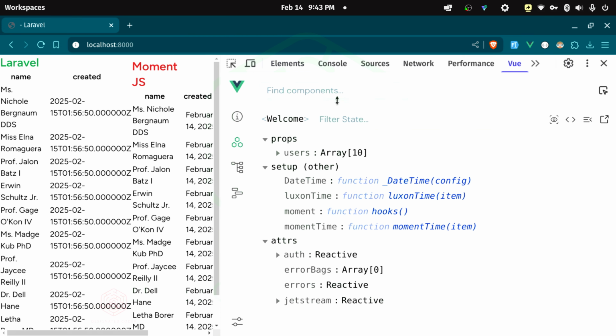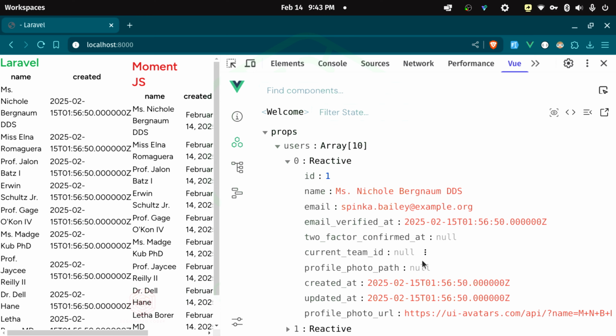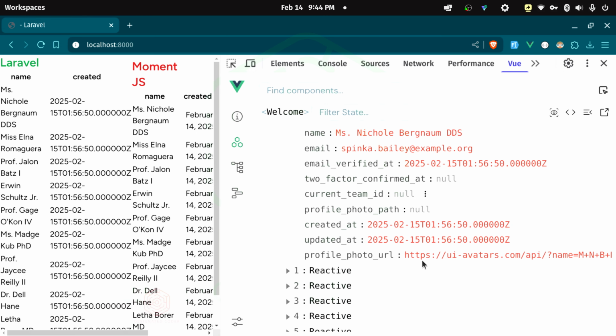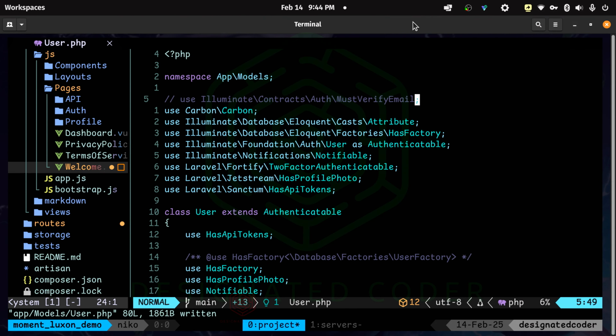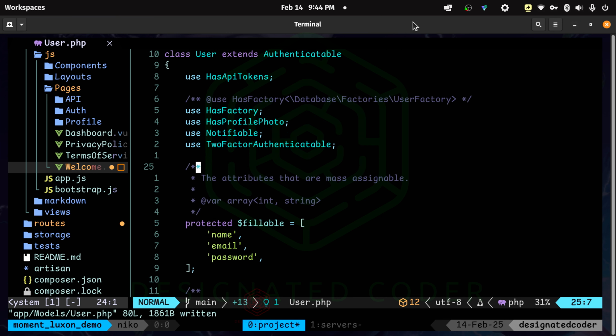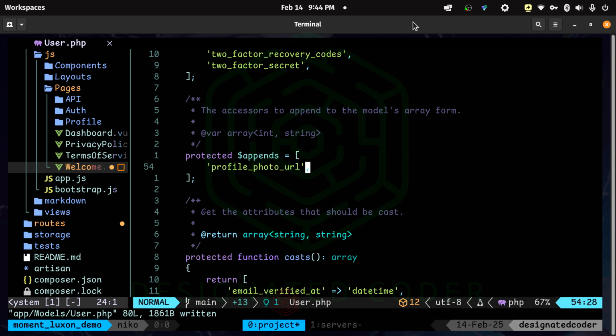If we go to the component and go to users, we'll go to one user, and actually, we don't even have it in here anymore. It is getting the time, but that new attribute isn't here, so we can't do anything with that attribute format that we made. Let's go and fix that. In here, we'll go back to the model, and now we need to append it so that we can see it.